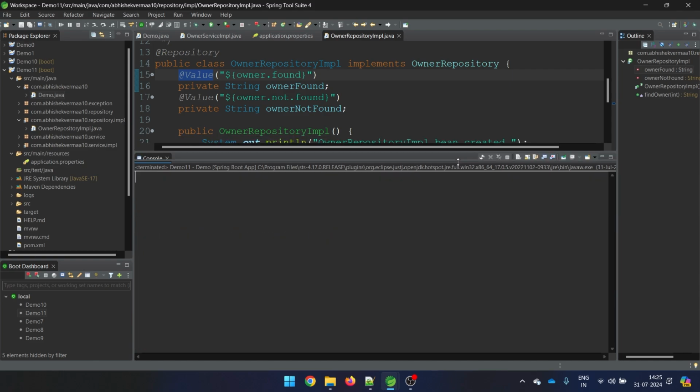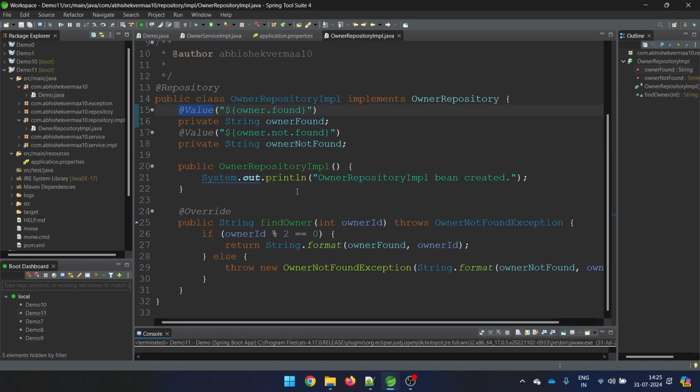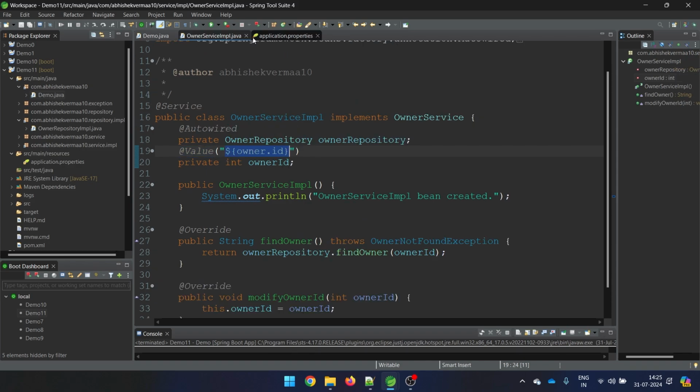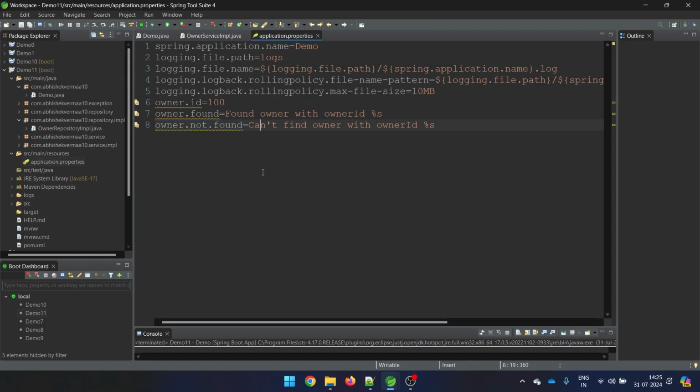So this means that today you have seen how to use all these values. Here we are making usage of @Value and we are saying owner found. Another way is this @Autowired, and we were making usage of the environment. So both of the ways were working fine for us. Now let's do something more interesting. And for this, as of now, I mentioned to you that this application.properties is not